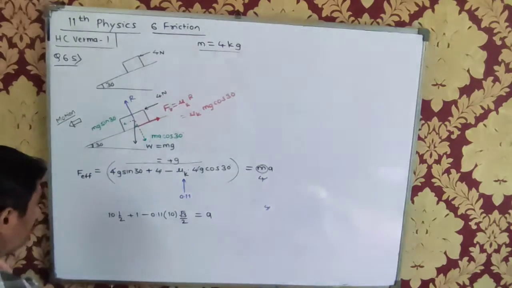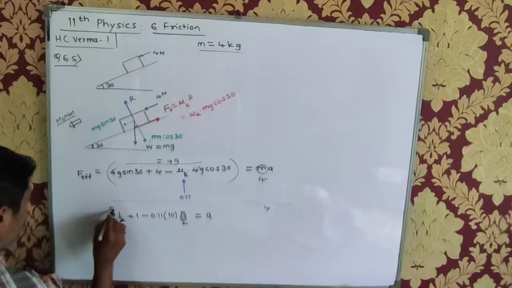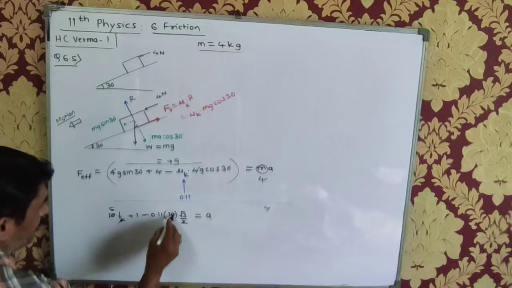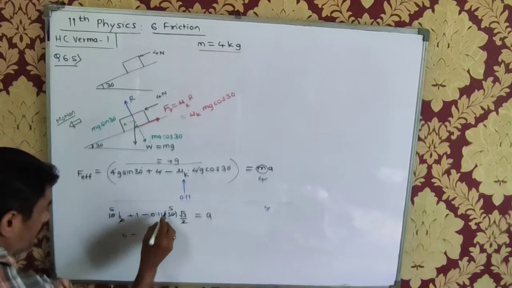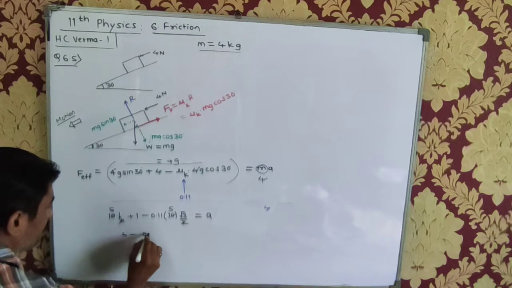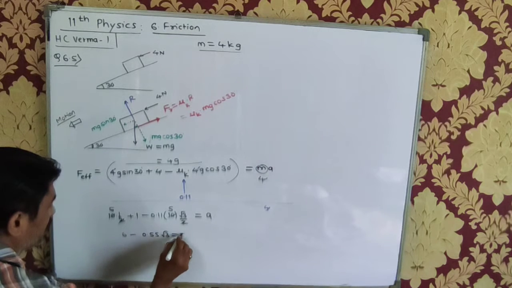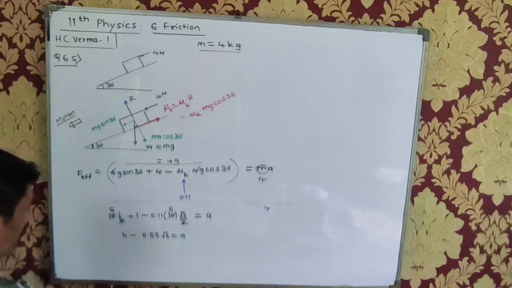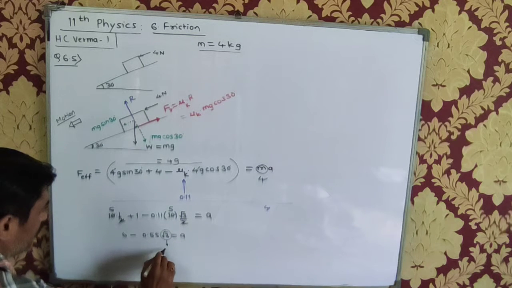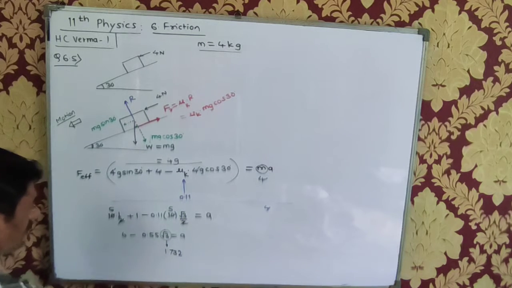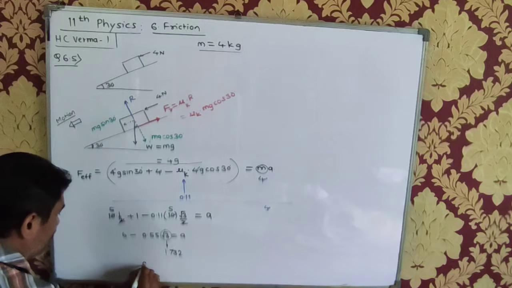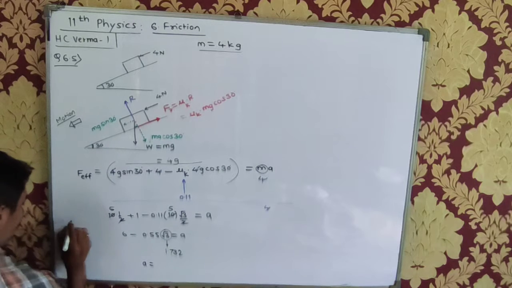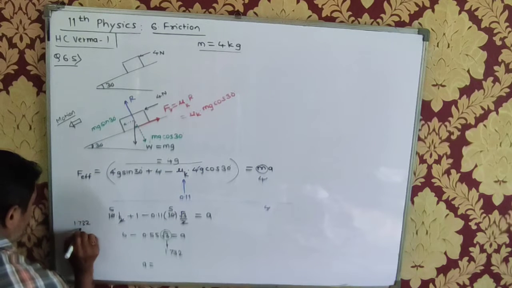Now this is 2.5 again. So this is 5 plus 1 is 6, minus 0.11 into 5 is 0.55. So this is 0.55 into root 3 by 2, and root 3 is equal to 1.732. Alright, so let me calculate this multiplication. So a is equal to 6 minus, I can do this 1.732 into 0.55,